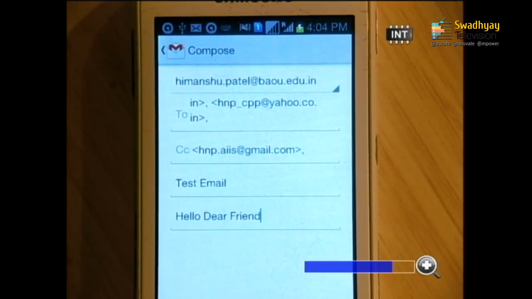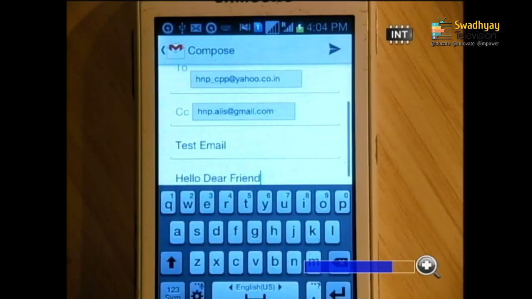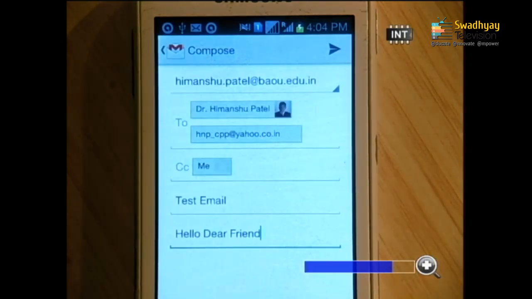Here on screen you can see To, CC, and the SMS email message and my text appeared, which is given programmatically, and I have to just press the send button and that message is automatically sent.